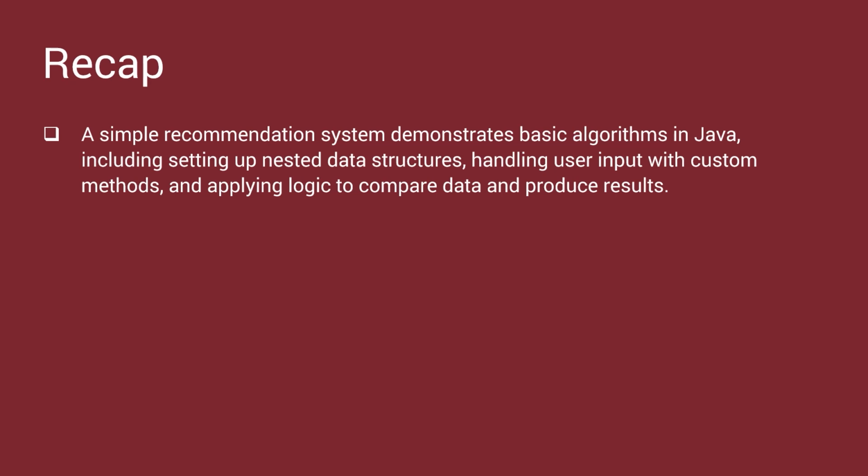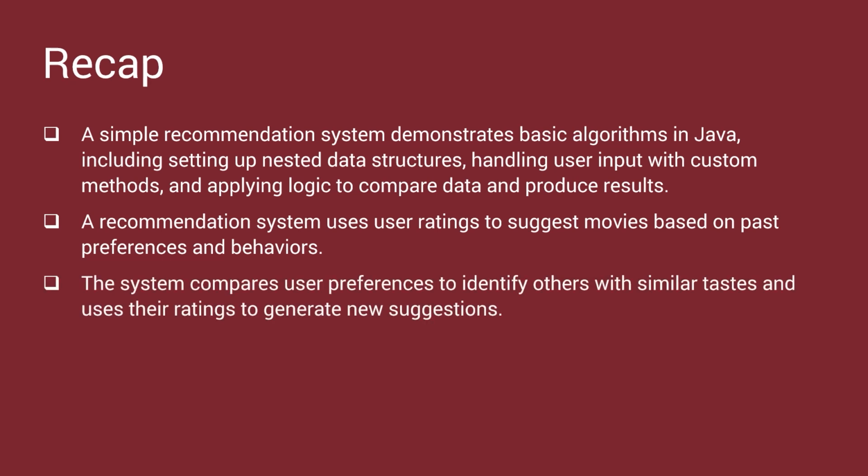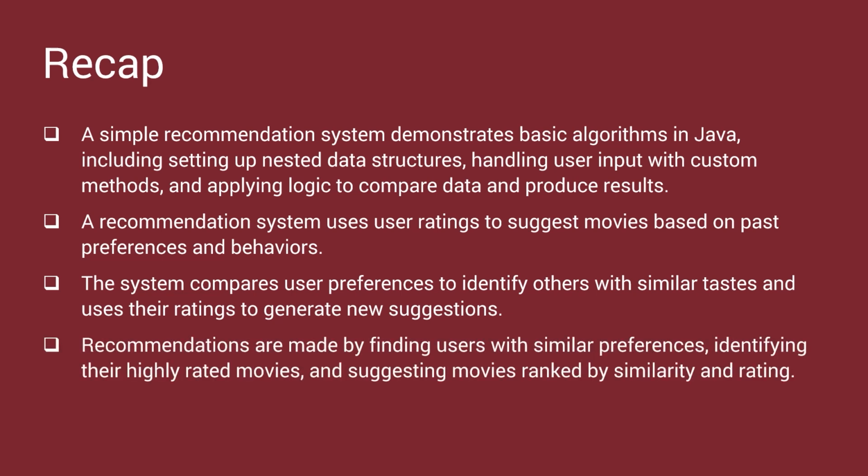In this video, you learned that a simple recommendation system demonstrates basic algorithms in Java, including setting up nested data structures, handling user input, and applying logic to compare data and produce results. A recommendation system uses user ratings to suggest movies based on past preferences and behaviors. The system compares user preferences to identify others with similar tastes and uses their ratings to generate new suggestions. Recommendations are made by finding users with similar preferences, identifying highly rated movies they've seen, and suggesting unwatched ones. Ranked by similarity and rating,